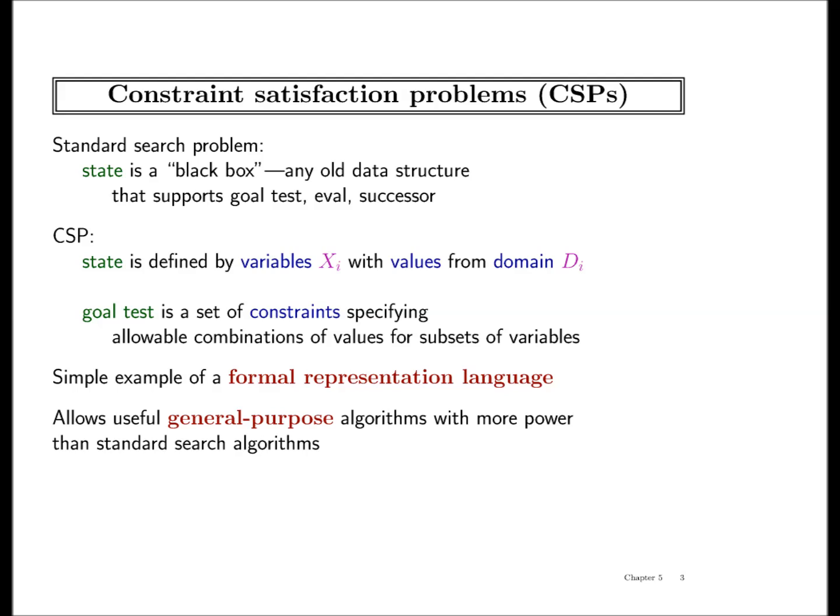What's a constraint satisfaction problem? As we just said, in an atomic agent, a state was a black box. It could be anything. Now a state is not a black box. We are going inside the state, and we are saying that a state has n variables, x1 to xn, and each variable can have values from the domain Dn.